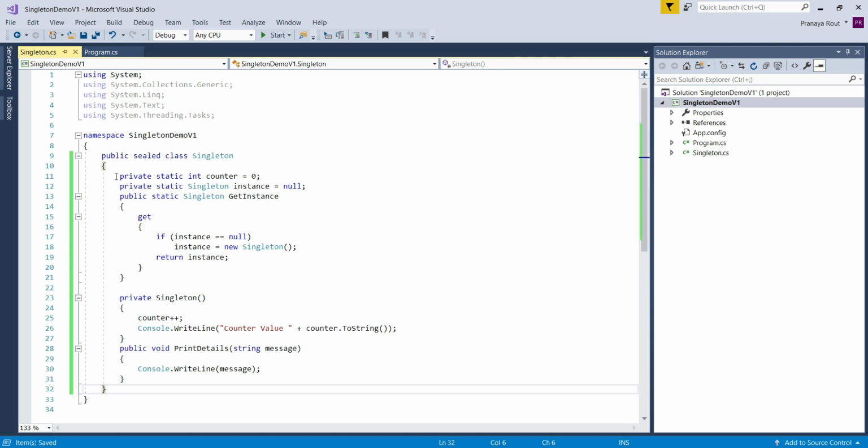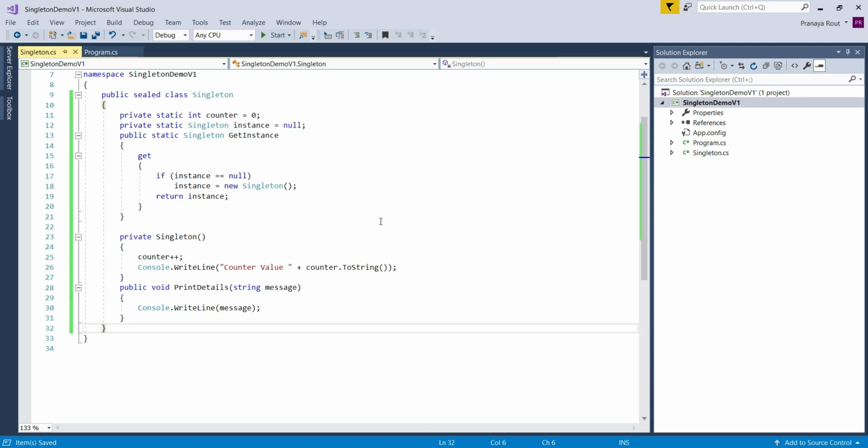So this is the singleton class for our application. Here we created the singleton class as sealed. You can see that we have created the singleton class as sealed. So this is going to be a sealed class and it will ensure that the class cannot be inherited and object instantiation is restricted in the derived class. That means this class is not going to be inherited inside any child class, right? So it will restrict the inheritance.